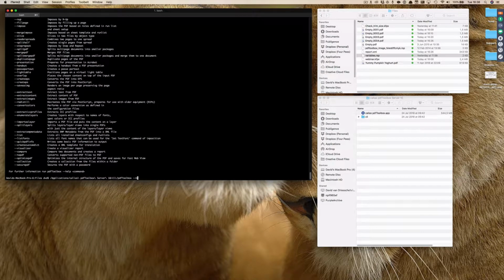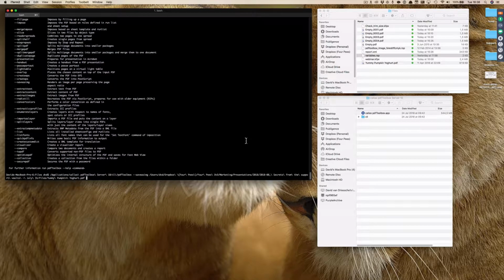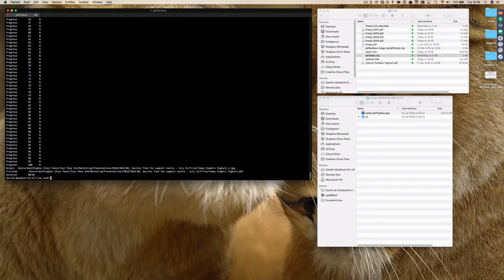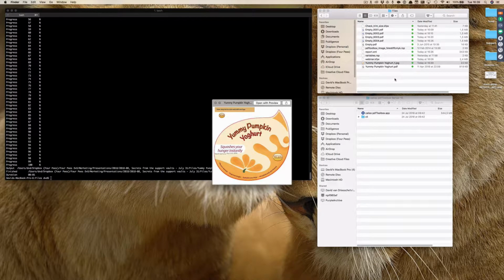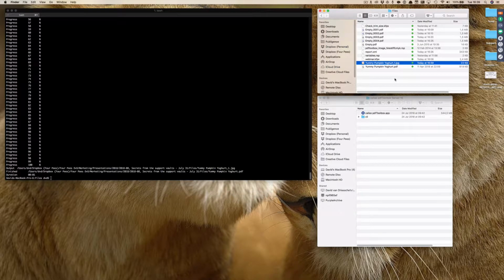So what I can do is say save as image, and then I'm going to specify a file, and I'm going to say OK, and what I get is a JPEG file. Yeah. Now, this is, of course, very cool. It's a direct action on a PDF document, but, well,